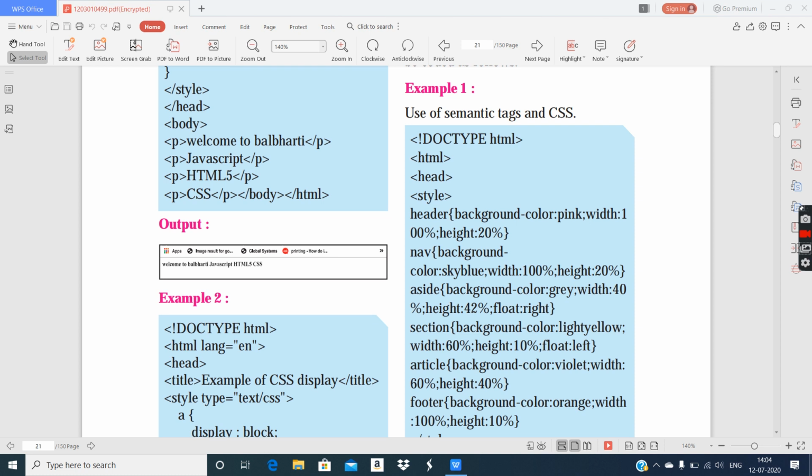Similarly, there is an alternative to the division tag. They are semantic tags, okay? Now, there are many semantic tags like header, footer, then nav. Nav stands for navigation, then aside, section, article, okay? These are various varieties of semantic tags, and semantic tags are machine parsable, or they are easily understood by the browser. Actually, the purpose of developing semantic tags was so that they can be used to create sections.